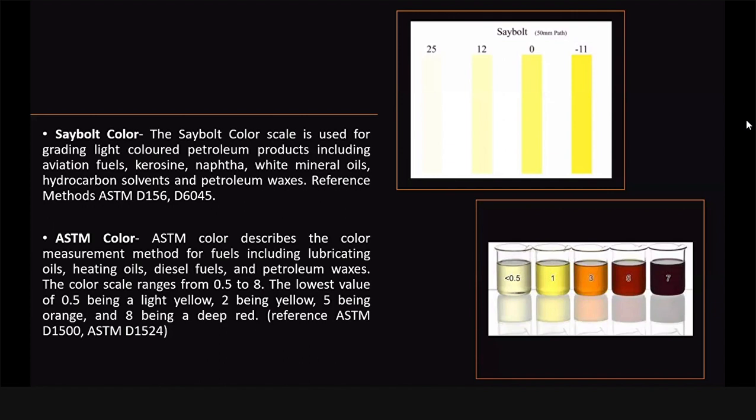And same for ASTM color, it refers to D1500, and D1500 is majorly used in petrochemical industries, and ASTM D1524 is slightly different, but people know 1500 more than this one. And here we have a scale from 0 to 8. 0 is almost clear oil or liquid, and if it is 8, it is a dark red color. So both are used in specific petroleum industries, and along with that, if we would want to do Saybolt color and ASTM as well,